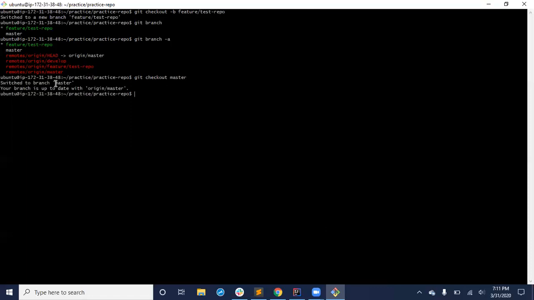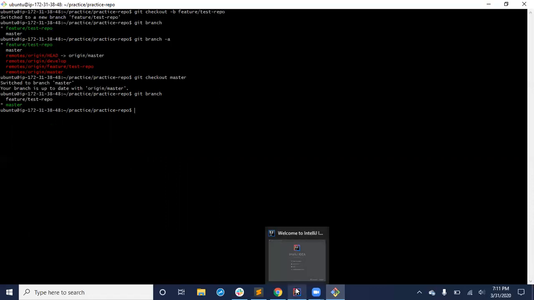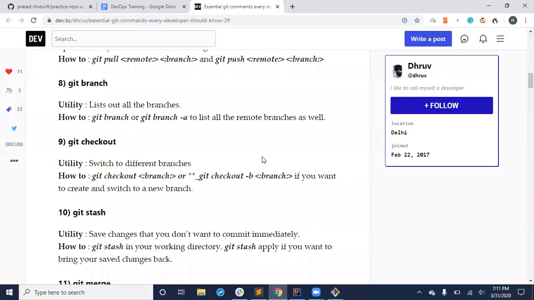Switch it to branch master. Now let's again do git branch. You see master is highlighted. So this is one way of doing it on the git command line. I will show it from the IntelliJ IDE also, so that way you can learn certain things simply. But in general, with respect to interviews, you have to know git commands from a CLI perspective, no other way.